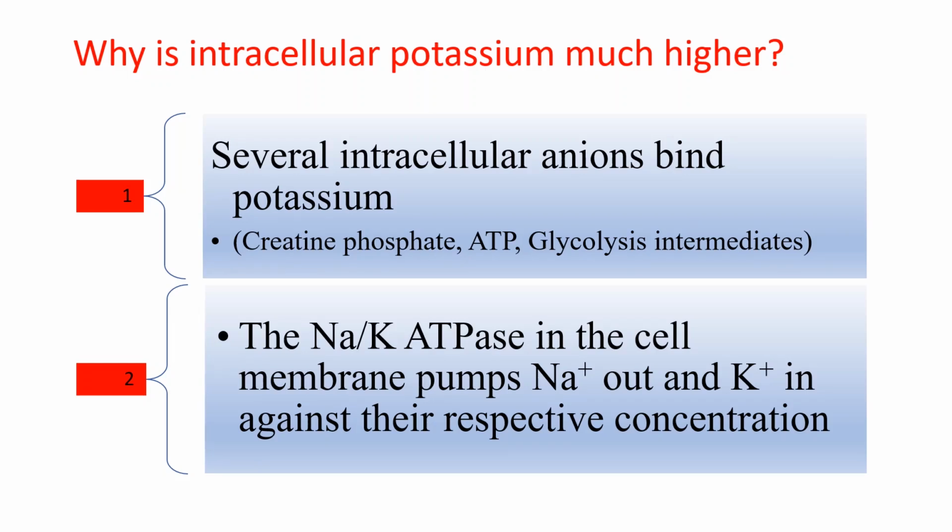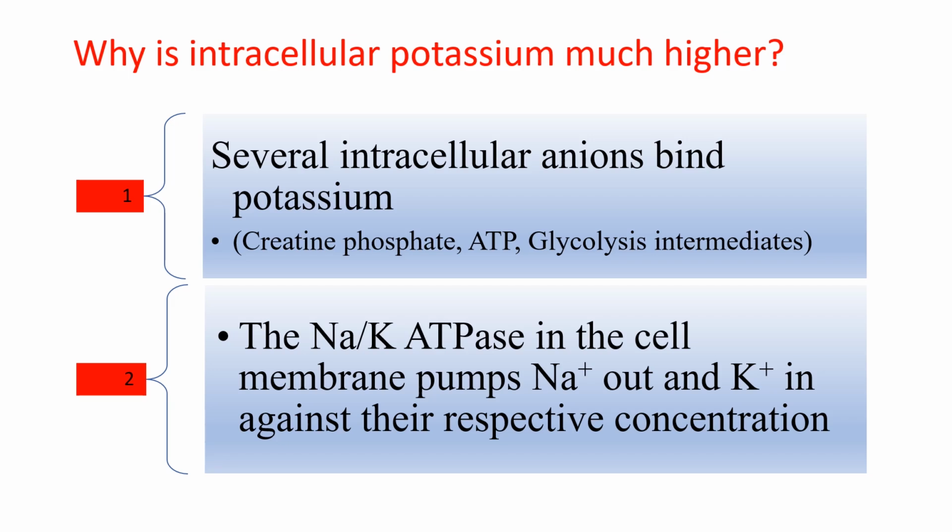Here are some of the reasons. Several of the intracellular anions have a very high affinity for binding potassium. Intracellular anions like proteins, nucleotides, and phosphate tend to attract a lot of potassium from outside the cell to within the cell, especially phosphate that is continually being generated from all or most of the cellular activities, like creatinine phosphate, ATP, and other products of DNA synthesis, and a lot of the glycolytic intermediates. All of them build up within the cell and tend to attract a lot of potassium from outside the cell into the cell for binding.